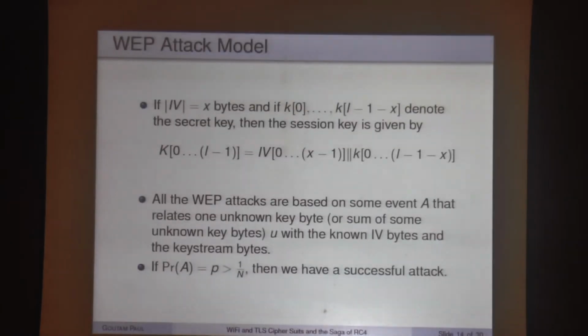What is important is how many sessions you need to mount the attack. The attacker's goal is to use a smaller number of sessions, then the attack is more efficient, since you need less data to crunch. That depends on how strong this bias is. These are generic things. For any algorithm in any protocol you want to break, the efficiency of the attack is measured by the data you use and the time you spend. Of course, more data needs more time, not always exactly proportional, but related. Here we are measuring data complexity, the number of sessions.